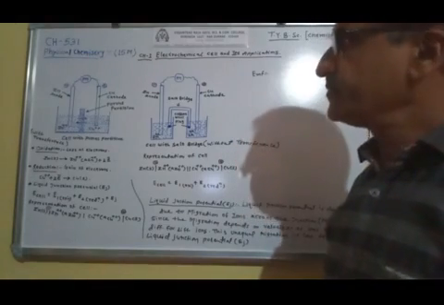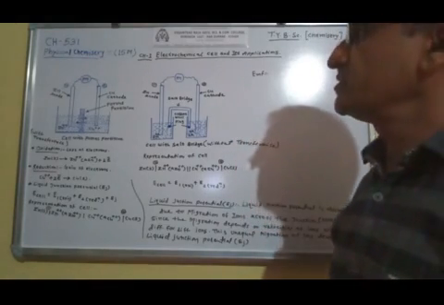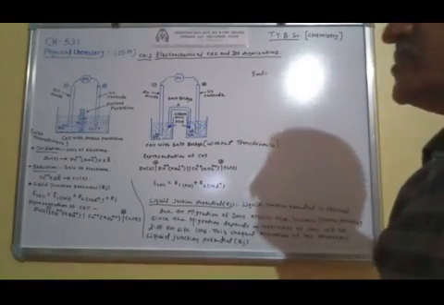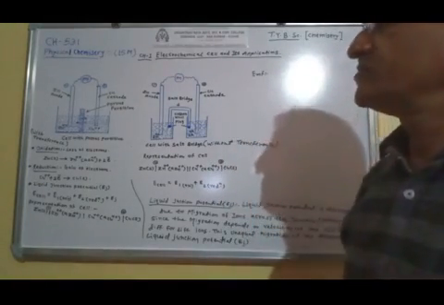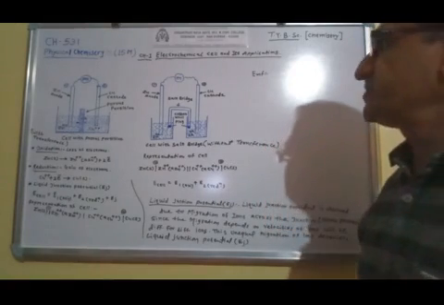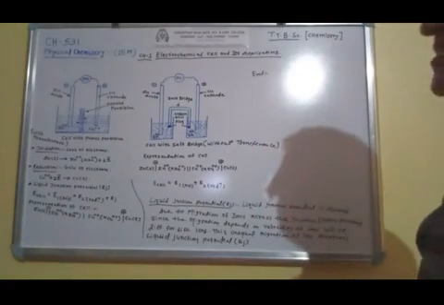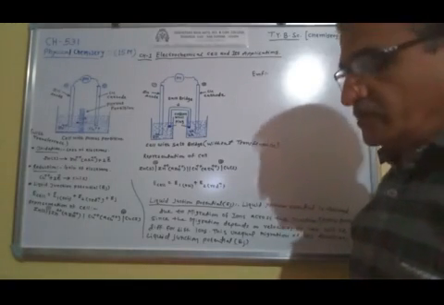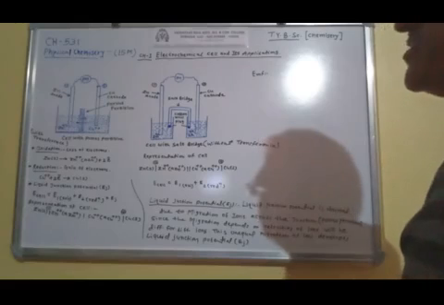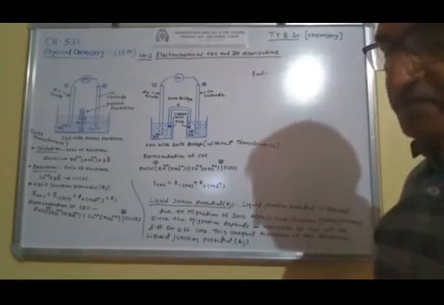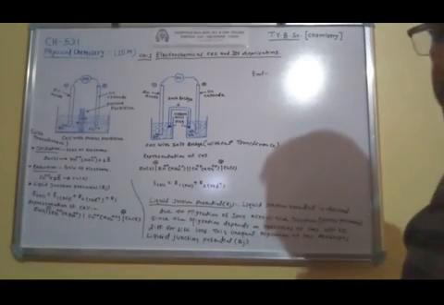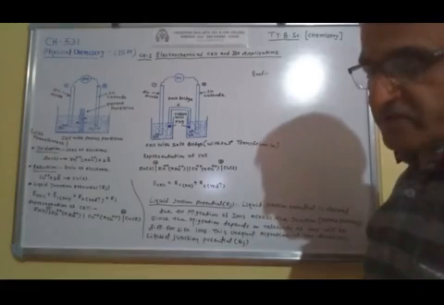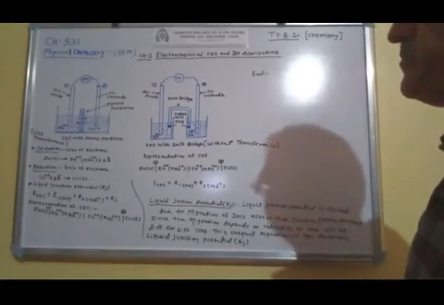I have prepared a lecture for the TYBSc Physical Chemistry, course number CH531. The chapter is Electrochemical Cell and its Applications. This chapter is for 15 marks in the examination. It will help the students of TYBSc to keep in touch with their study during the lockdown. Stay at home, stay safe.